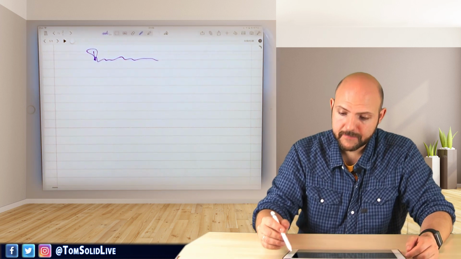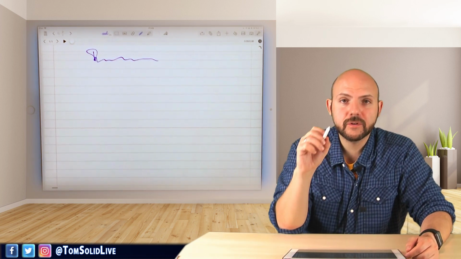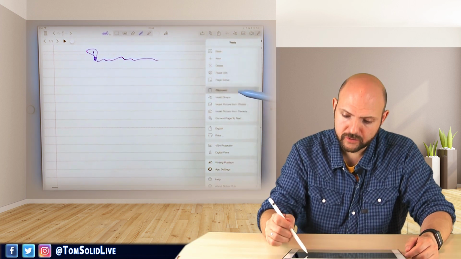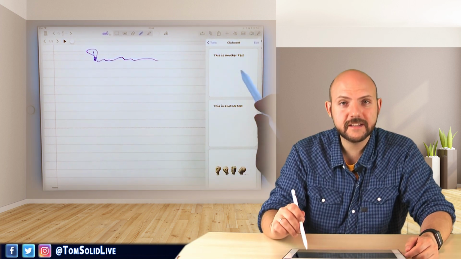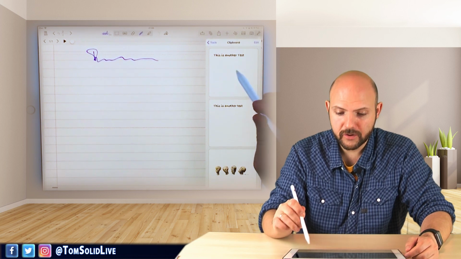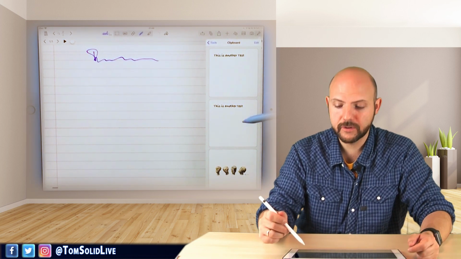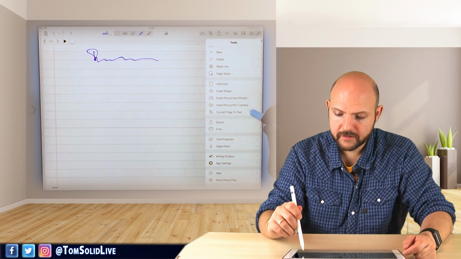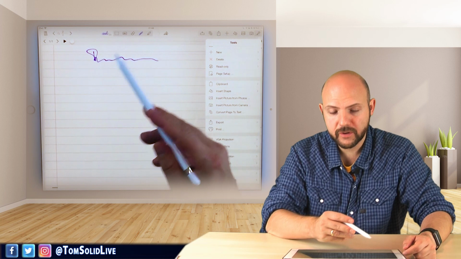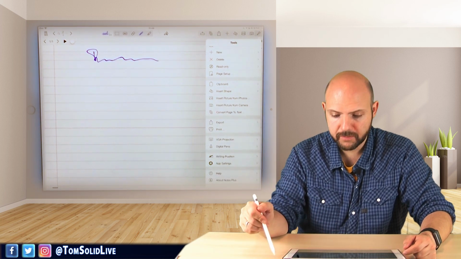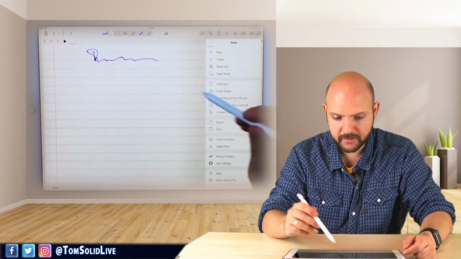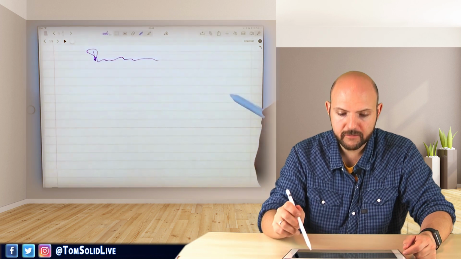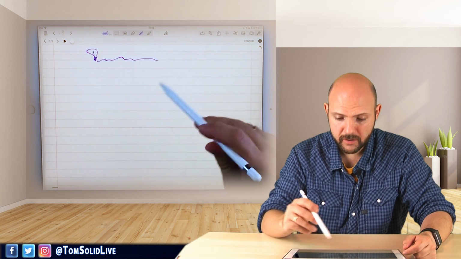Alright, something else. If you want to include something from your clipboard, that's something really nice as well. If you go in here and you go to clipboard, it not only has the last thing you had on the clipboard, but all the other things. Then you have the option to convert the page to text. So the whole page, if you have written the whole page, you just press convert to text. Well, obviously there won't be something now, it was not recognizing it, but it would convert all the